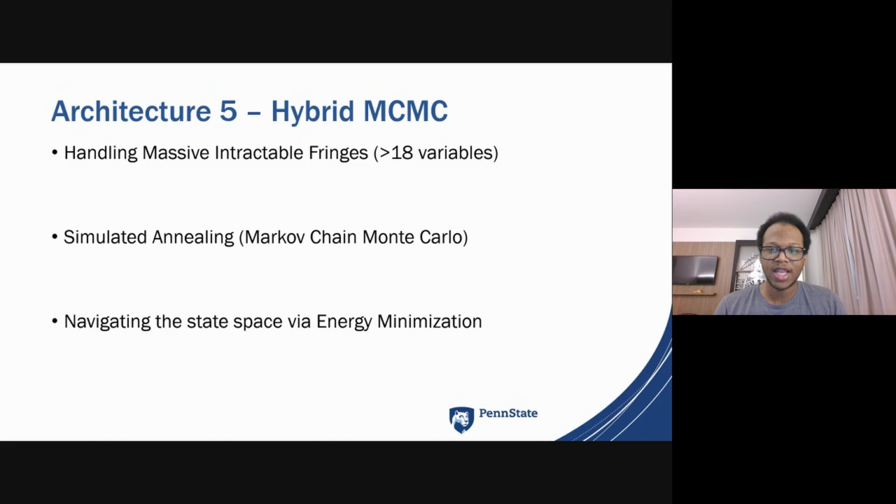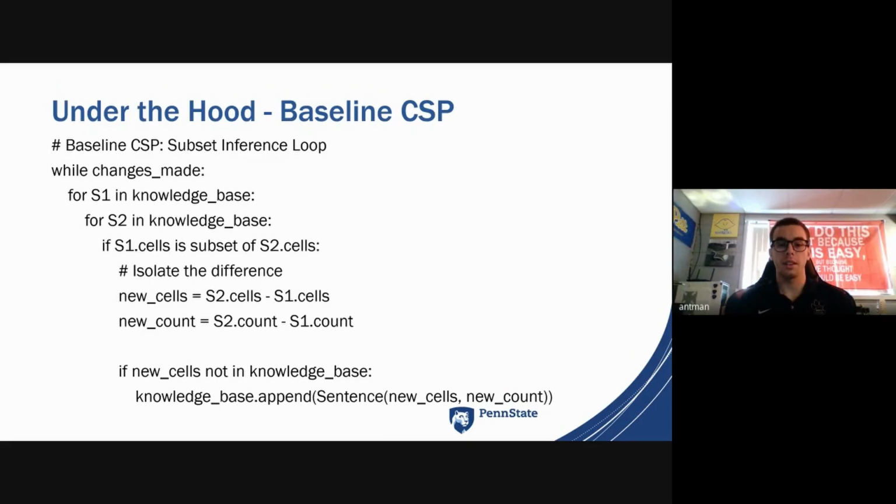It then iteratively flips single variables, trying to get that energy score down to 0, which represents a perfectly valid rule-abiding board state. Now, let's look under the hood on how these algorithms are actually implemented in our codebase, starting